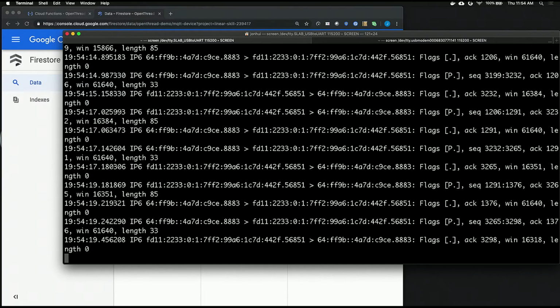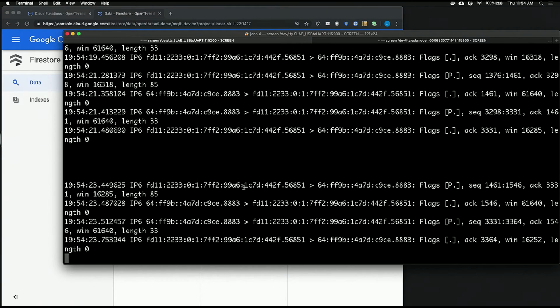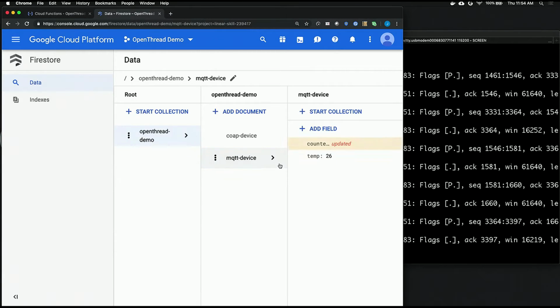But this is to show you there's actual TCP traffic happening. You'll see messages pop up about every 2 seconds. And you'll see the actual data being presented here live. And every time it receives a new message, you'll see that field popping. So that was our first demo, demonstrating MQTT talking end-to-end securely with IoT Core.